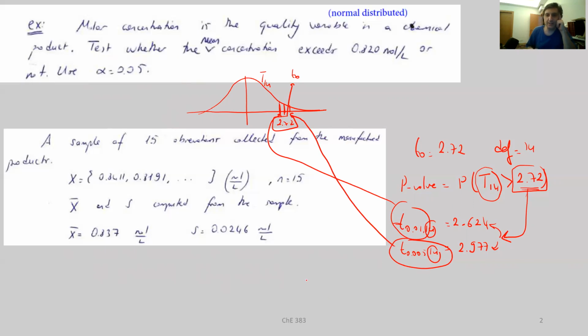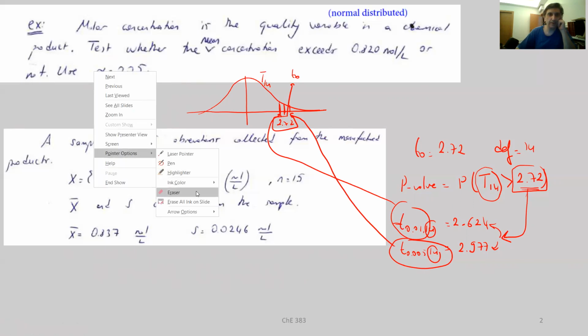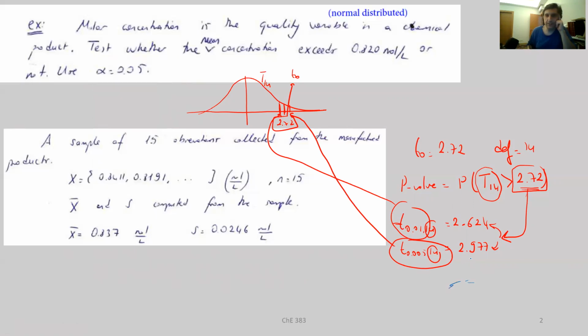So this one here, let me use another colored pen. This one here is going to correspond to this area, 0.005, and the one on the left-hand side is going to consist of a larger area. This is going to be equal to 0.01. So formally, that was just for representing the whole thing.